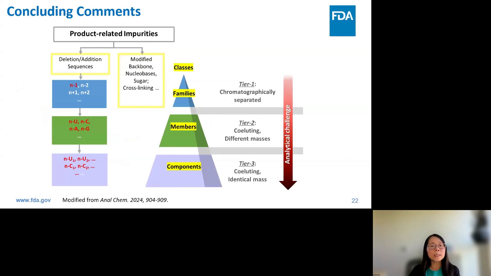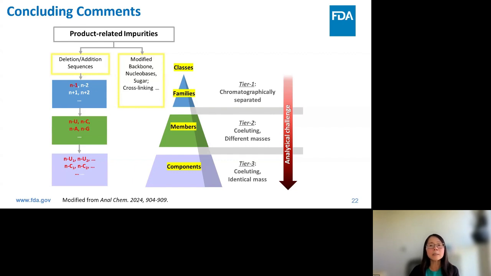So to conclude, here is a revisit of the impurity complexity in synthetic oligonucleotides, arising from the diversity of product-related impurities that are often structurally similar to each other or to the parent sequence. Common impurities include the deletion or addition sequences, as well as unintended modifications at backbone or nucleotide units, each of which as an impurity family may be separable by chromatography from each other, such as N-1,